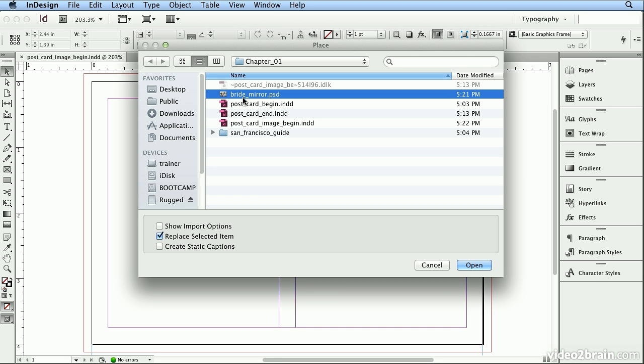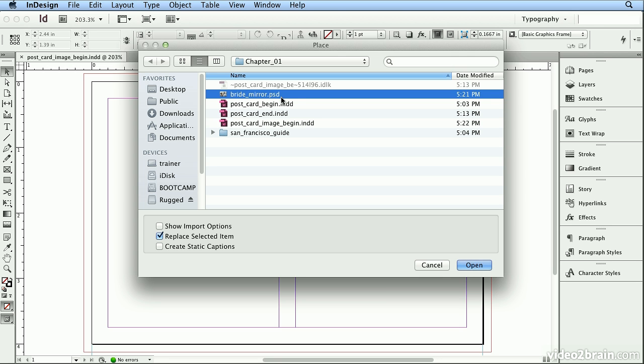But EPS these days is frowned upon a bit because EPS does not support transparency. Transparency would be something like a soft feathered drop shadow or something made see-through. Also, PDF is preferred, the portable document format. Most all of my images are native PSD or native AI, Illustrator's format, but sometimes I use a TIFF or